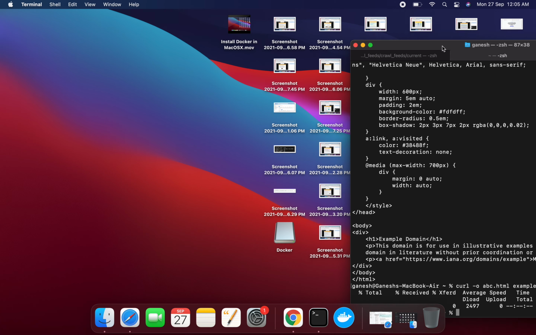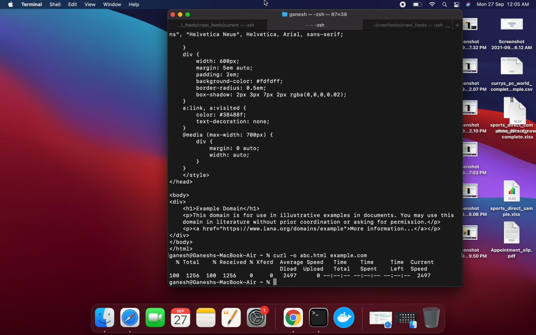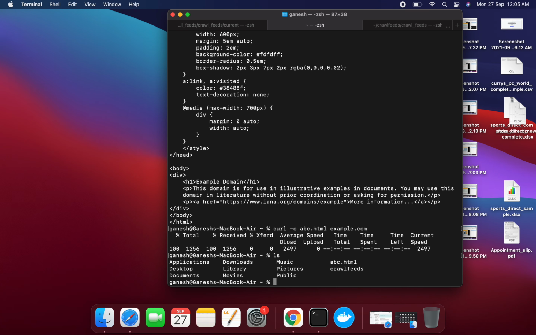I don't know where the file is now, I need to look at where it is. But it is downloaded, right? If you list it out, you can see the abc.html file is there. This is the file that was downloaded.